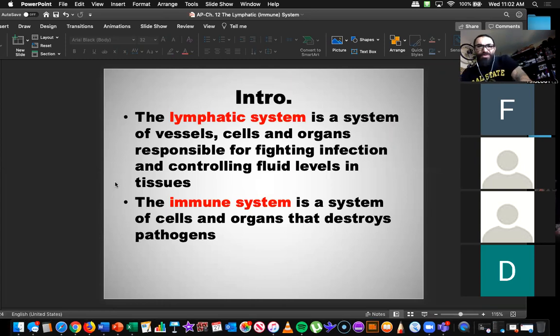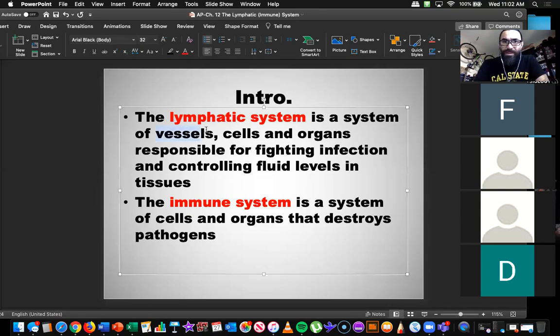Yeah, so their functions kind of sound the same, right? The only real difference between the two, according to my notes, is what then, Daniel? What's the real difference here? The immune system destroys them. Or wait. Yeah, they both do that to an extent, but you can see here the lymphatic system has vessels, and vessels is another word for tube. So the lymphatic system is essentially just a system of tubes that circulates fluids throughout tissues.